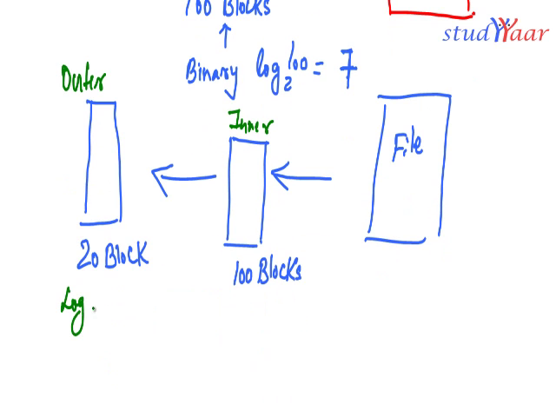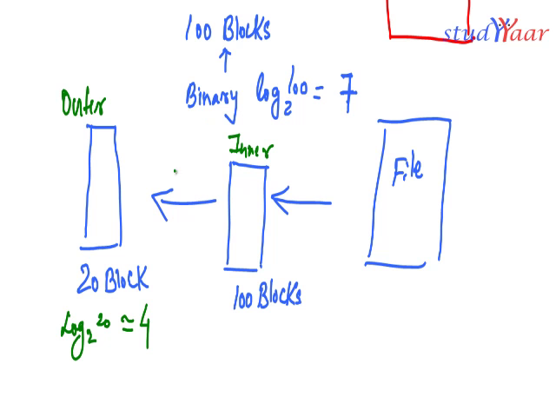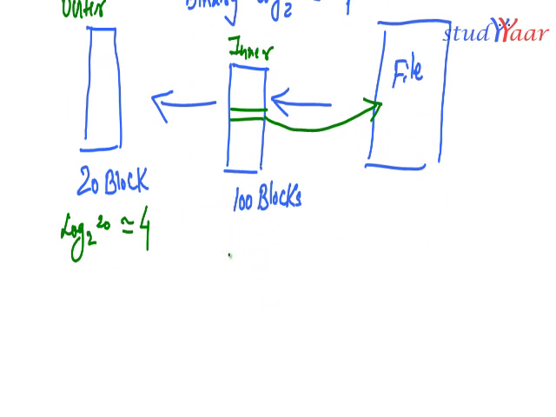If I do a binary search over here, it would take around 4 blocks to access my index entry. Okay, so in 4 blocks I would be able to reach here, and with another block access I would be able to reach the appropriate entry. So in 5 block accesses,